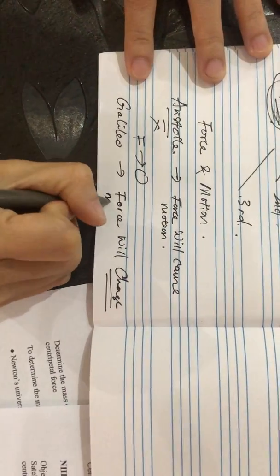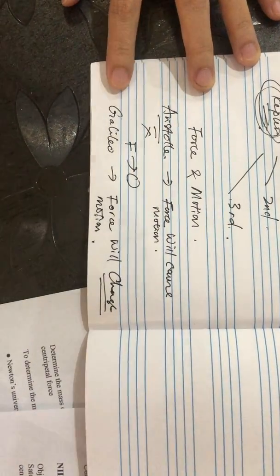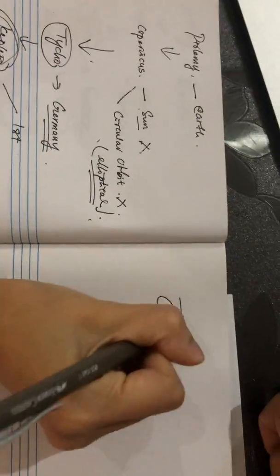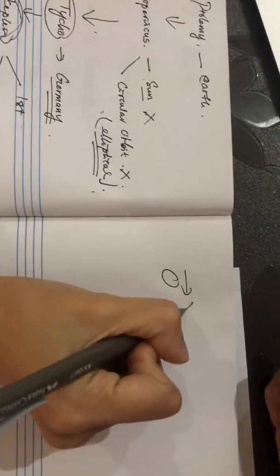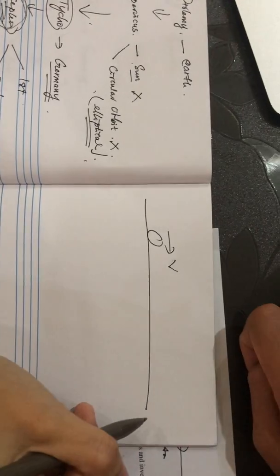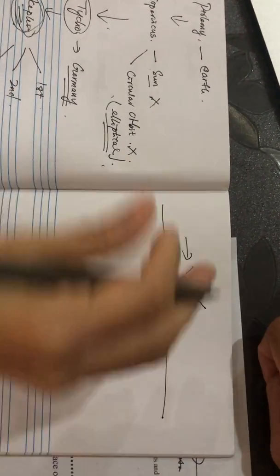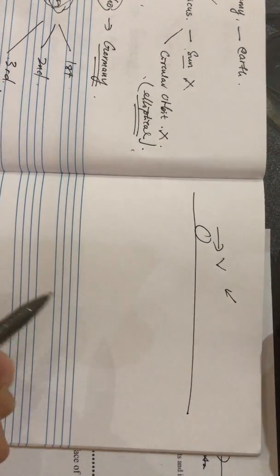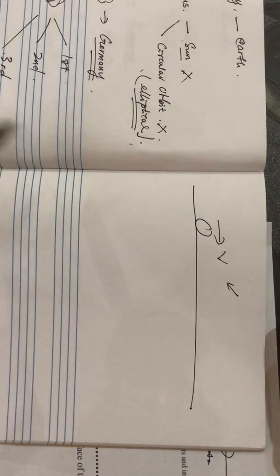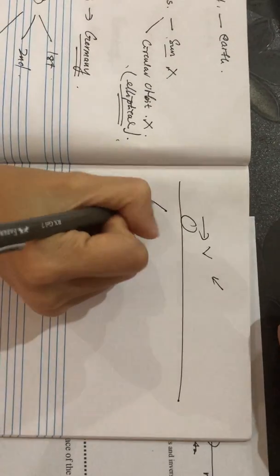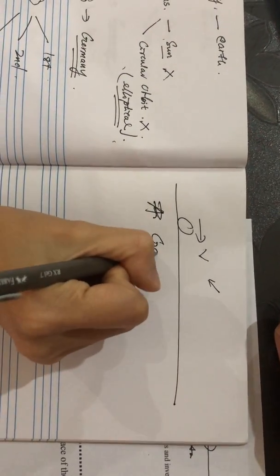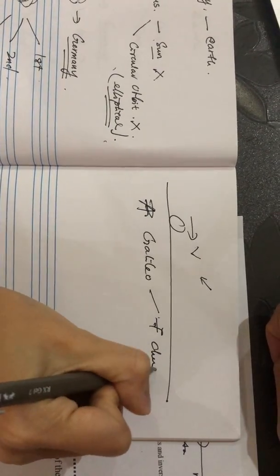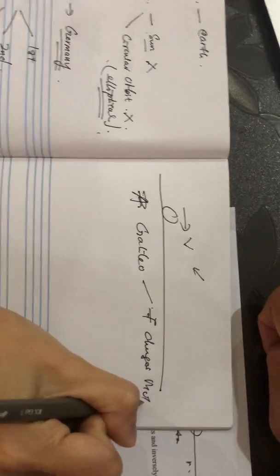Force will change motion, which is aligned with Newton's first law of motion, saying that if a ball is moving in uniform velocity, it will continue its motion unless you have an external force to change the motion itself. So at that time it was a huge change. Besides that, Aristotle had two things, right? Galileo has two theories. Galileo said that force changes motion. And then